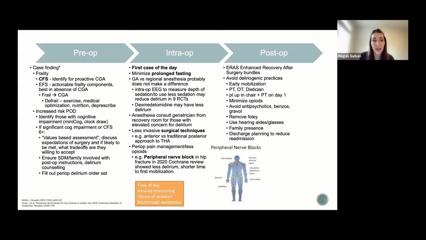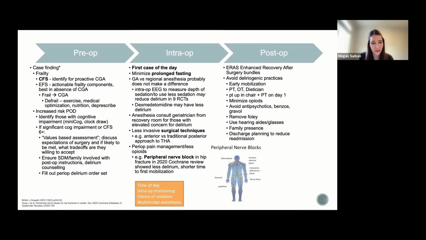It helps us case find these people at increased risk of post-op delirium, by doing things like a Mini-Cog, which is a 5-point test whereby people draw a clock and then have 3-word delayed recall. This isn't a robust cognitive assessment by any means, but it's a screening tool to identify people at potentially higher risk. If there is significant cognitive impairment, or at least moderate or severe frailty, CFS 6 and above,